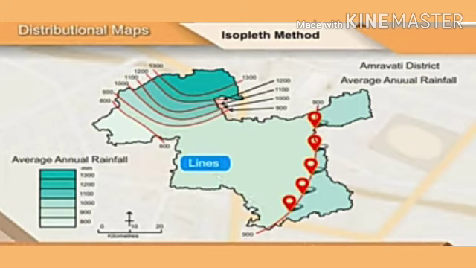Locations with the same value are joined by the line. So friends, with the help of the isopleth maps we have prepared, we can get the following conclusion. If the lines are closer to each other, then the change in the variable is steeper, whereas if the lines are away from each other, then we can see that it is a gentle slope. In this way, we can get the idea of the natural trend of the distribution of the variable with the help of such type of isopleth map.